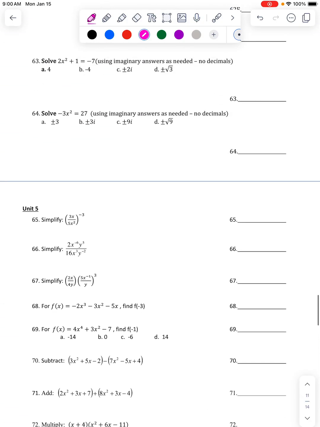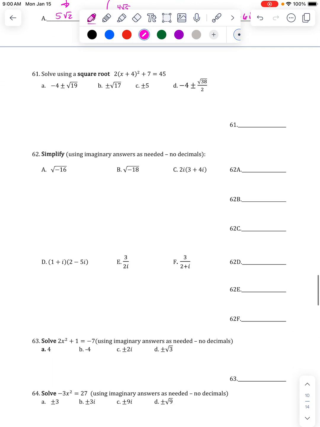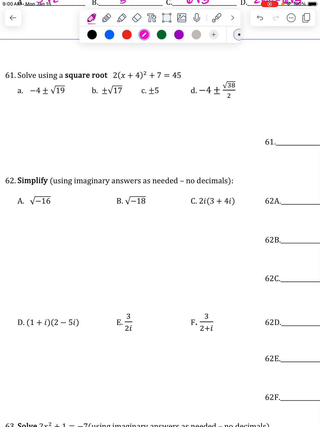Hey guys, let's pick up where we left off, see how far we get in this next video. In the last video I was working on solving quadratics using things like the quadratic formula and factoring. Here we're going to use another method for square roots. I can use that with vertex form and standard form if there's no plain x, if it's just an